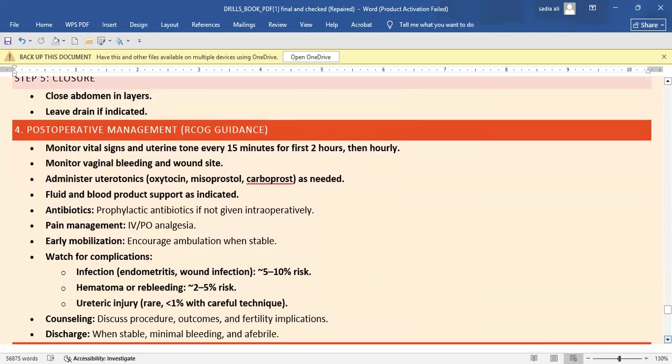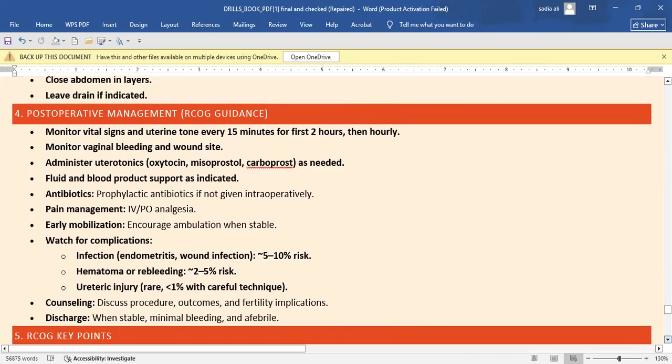And uterine tone, if the uterus is preserved, should be checked every 15 minutes for 2 hours, then hourly. And then monitor the vaginal bleeding and the wound site, and administer the uterotonics in the form of oxytocin, misoprostol, carboprost as needed. And after that, we have to check all these things, and then after monitoring, antibiotic, fluid, and painkiller, and then early mobilization,